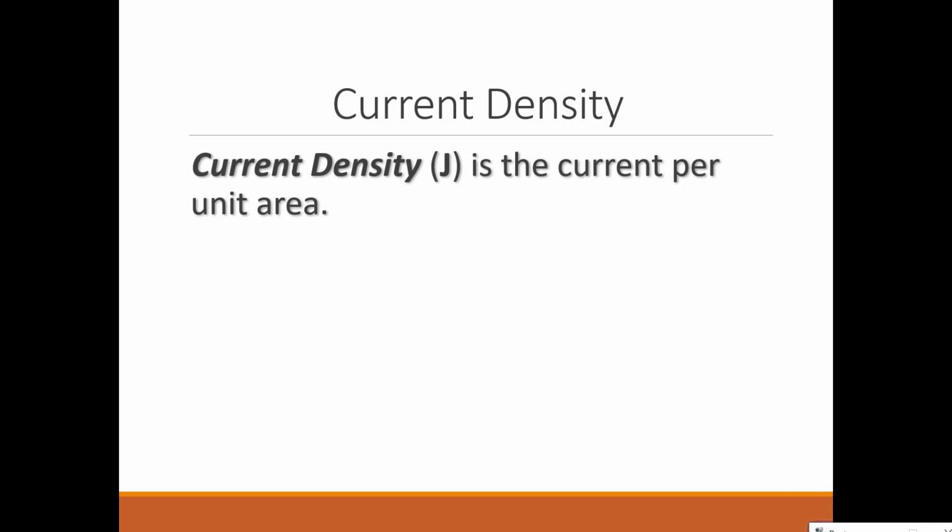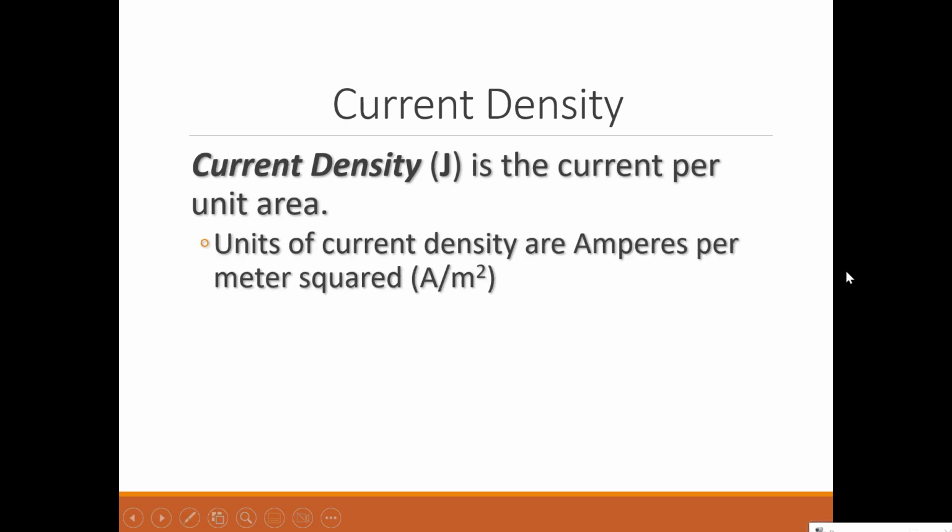Hello, AP Physics C. Today we're going to talk about current density. Current density is current per unit area. So it measures how much current is going through any particular spot, not the amount of charge passing through, but the amount of charge that's passing through per unit area. So when we calculate current density